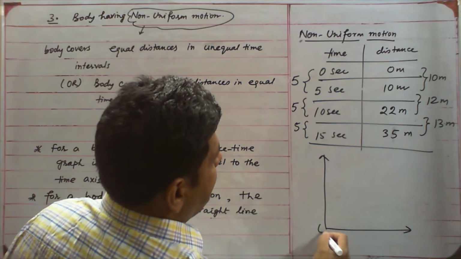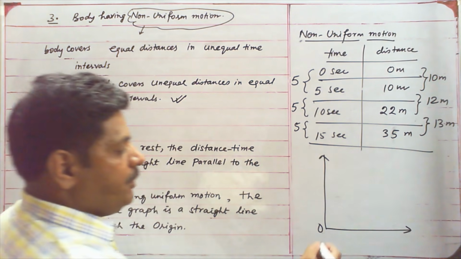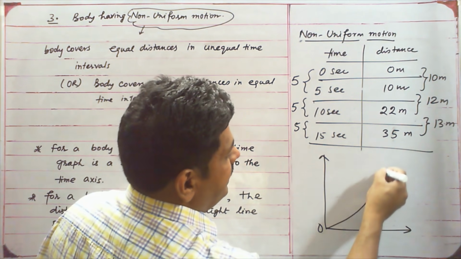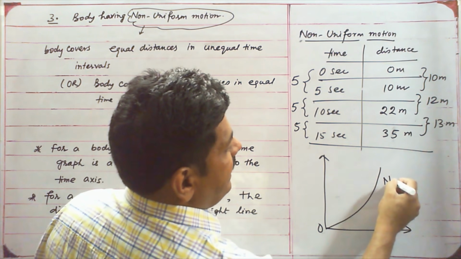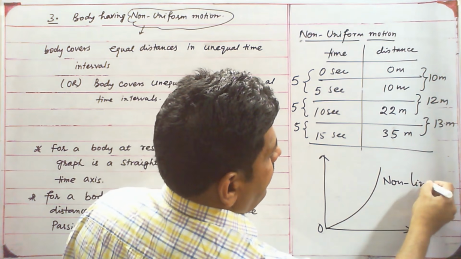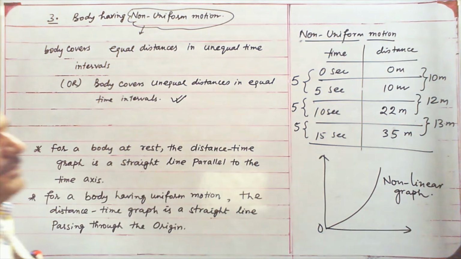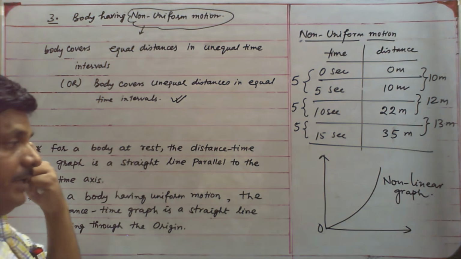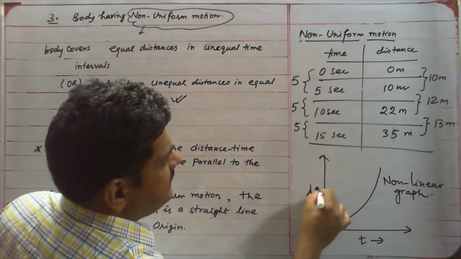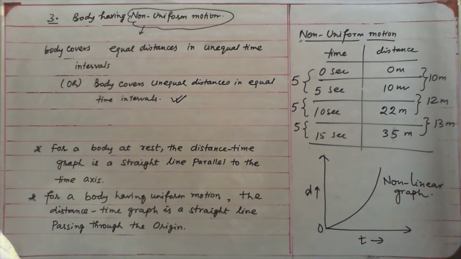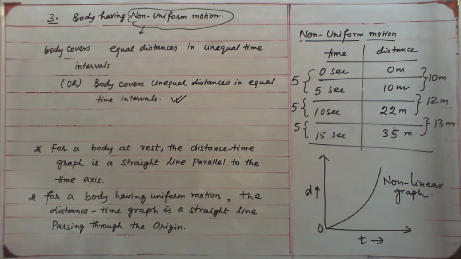So if you take a graph paper, I don't have a graph paper right now. If you draw the graph, you will not get a straight line, you would get a curve this way. So a non-linear graph. So the graph is not a straight line. For a body having non-uniform motion, this is time and this is distance. If you plot these two, you would not get a straight line, but you would get a curve. So the third case we can write: